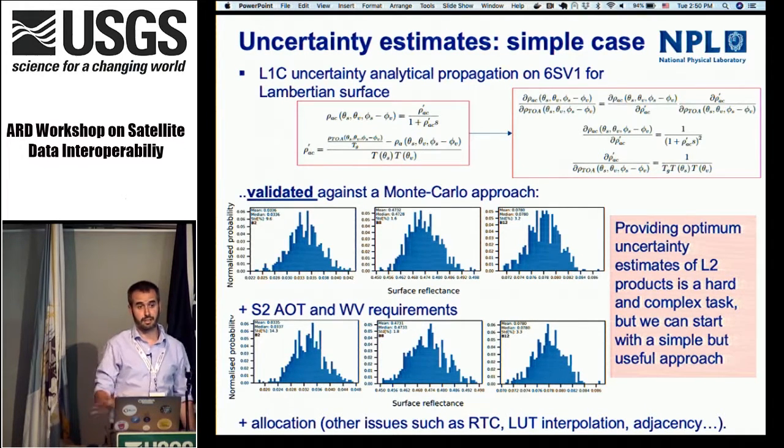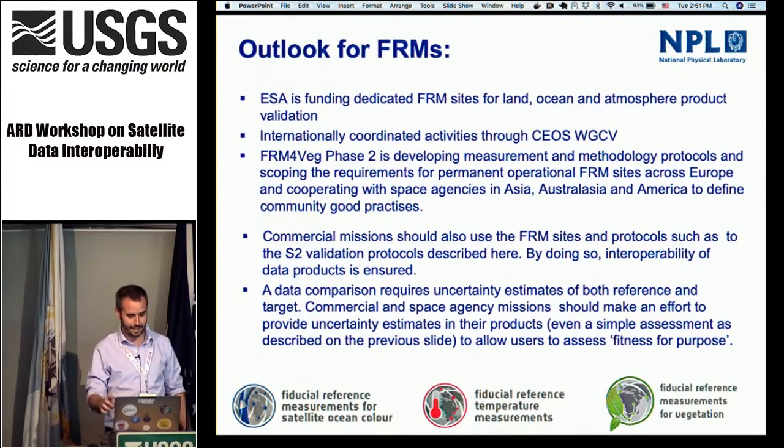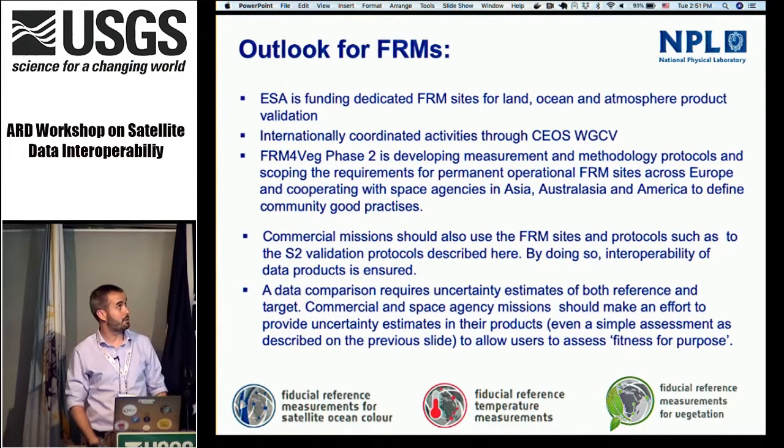So the message from this is that providing optimum uncertainty estimates at level 2 is going to be very challenging. It's not a straightforward thing, but we don't need at this point to provide the best uncertainty estimate. We can start with something like what I've been showing you, and in the background we can go on addressing very complicated issues. Okay, so basically the outlook for these FRM, fiducial reference measurements, is that ESA is continuing funding this initiative,